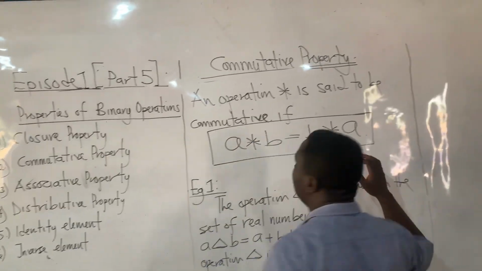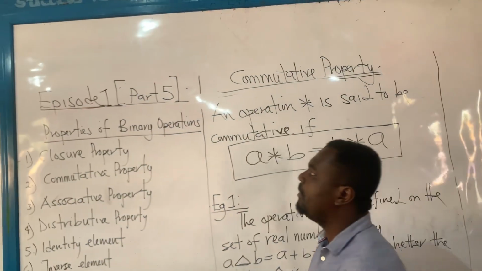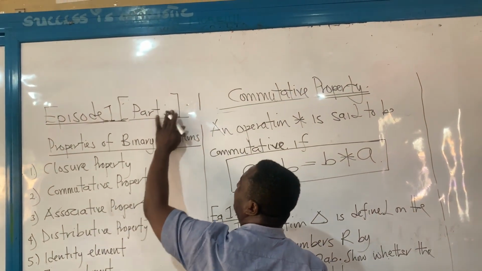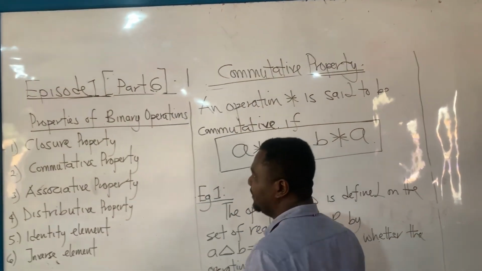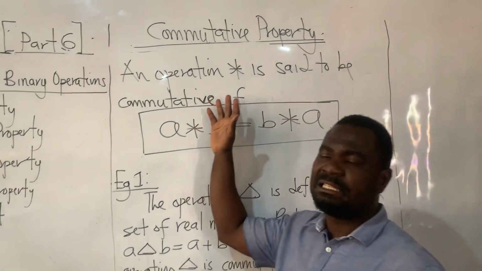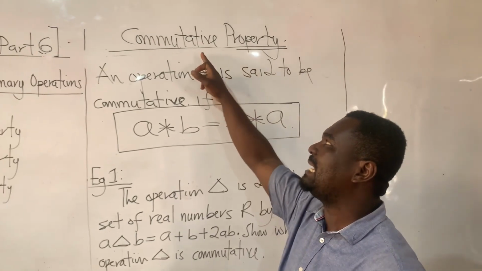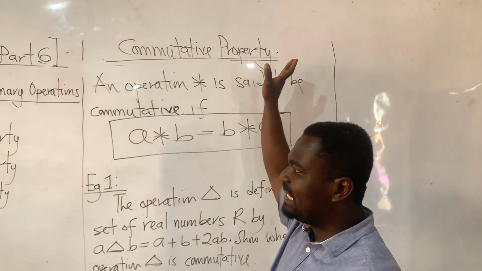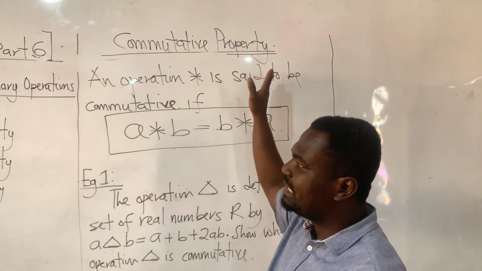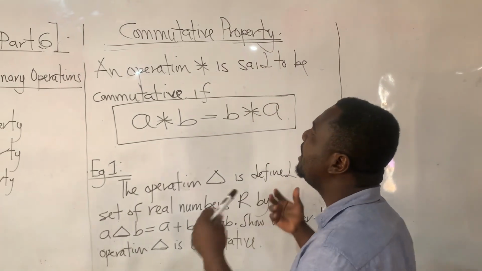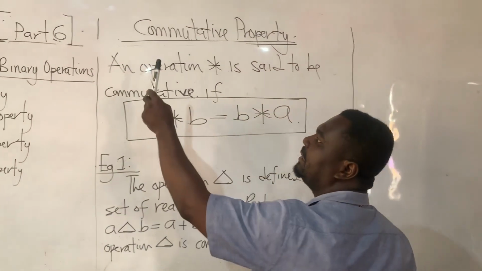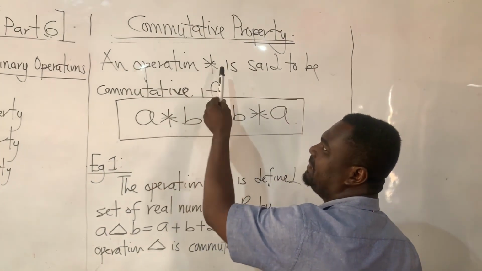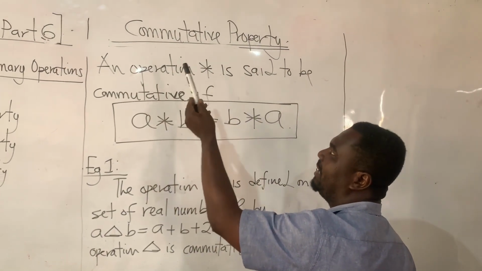Very good. So we are still on episode 1, part 6. We are handling one of the properties of binary operation. So we are targeting the commutative property. When we say commutative property, we say that an operation, either star, triangle, or whatever, is